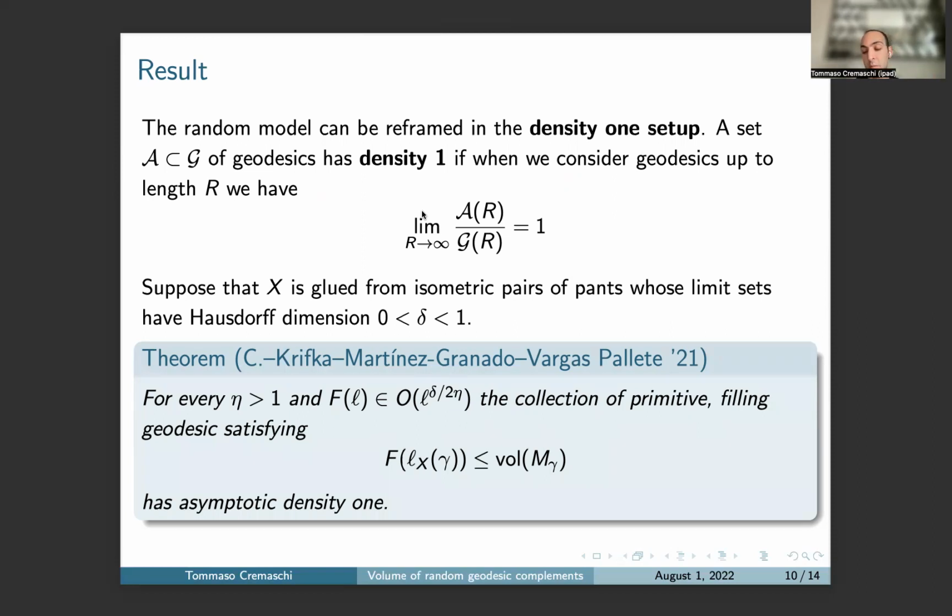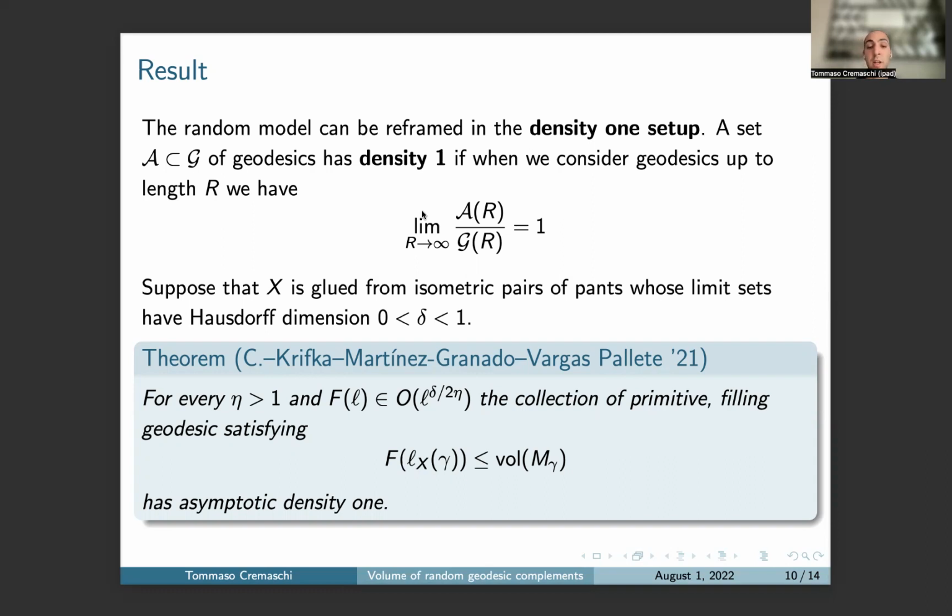And then our main result: you take a hyperbolic structure X, and we want to make this a little bit nicer, but it works for general structures. We want to pick a specific one. By a specific one, I mean take a bunch of isometric pairs of pants, and then we just glue them together without twist to obtain the surface. That's the only requirement. And so if delta is the dimension of the limit set, which is in some sense a measure of how big the surface is, then we get the following result: for every eta, which is just an auxiliary parameter,